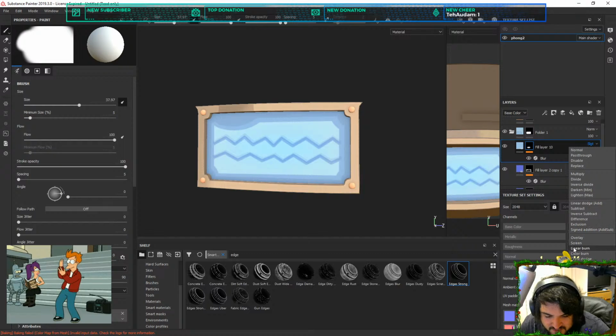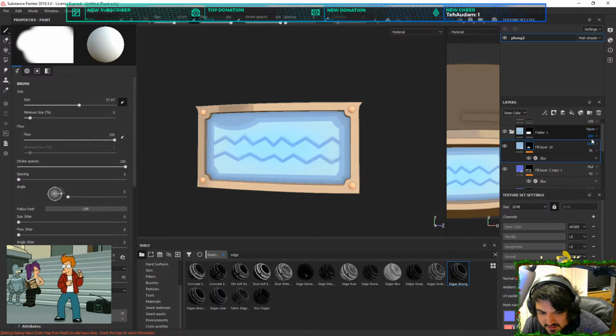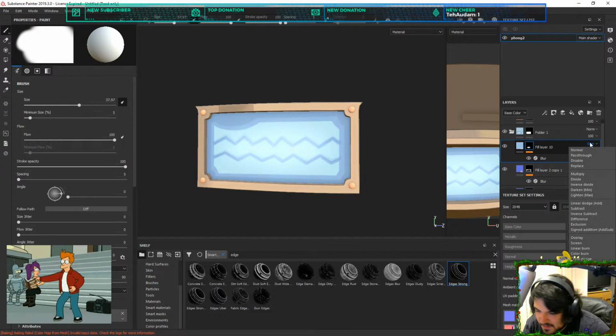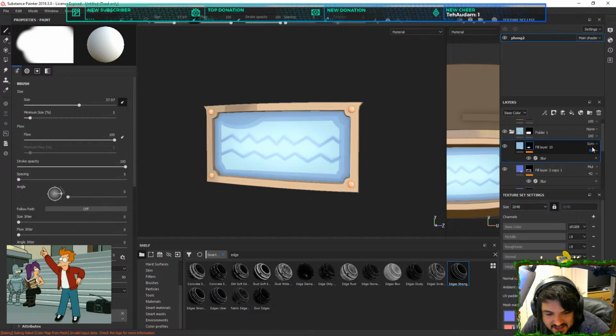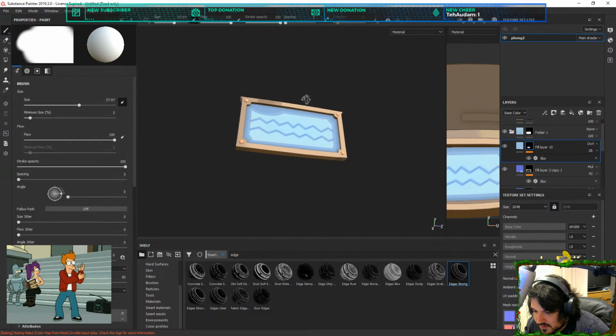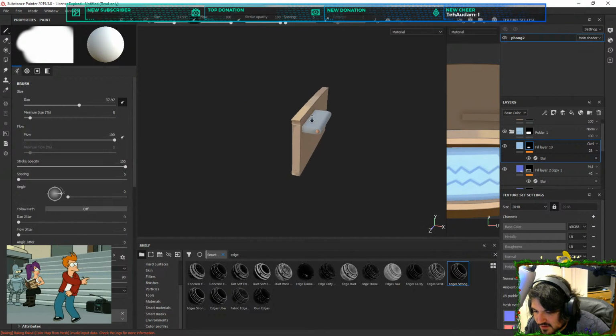You can always change it to overlay as well, see what that does. Same sort of thing. The screen. Don't want the screen. That makes it look like it has roughness. That's interesting. Yeah, probably overlay. And then turn down this slightly. And then that will give it a slight variation in color in the middle. Good so far.